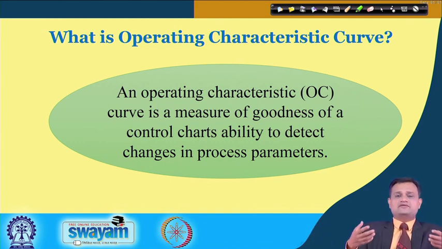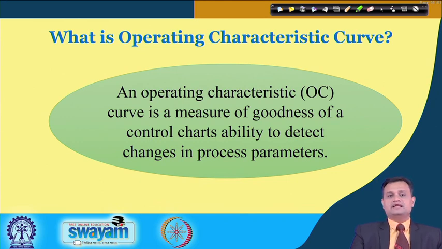So something can really be beneficial, it can have a utility if it serves the intended purpose for which it is developed. So here my control chart is developed to tell me that something is going wrong or something is going right, and if it cannot tell me, then there is a question, suspicion on the goodness of the tool, goodness of the control chart, and I have no use of maintaining such kind of system. So typically OC curve captures the discriminatory power of my control chart.